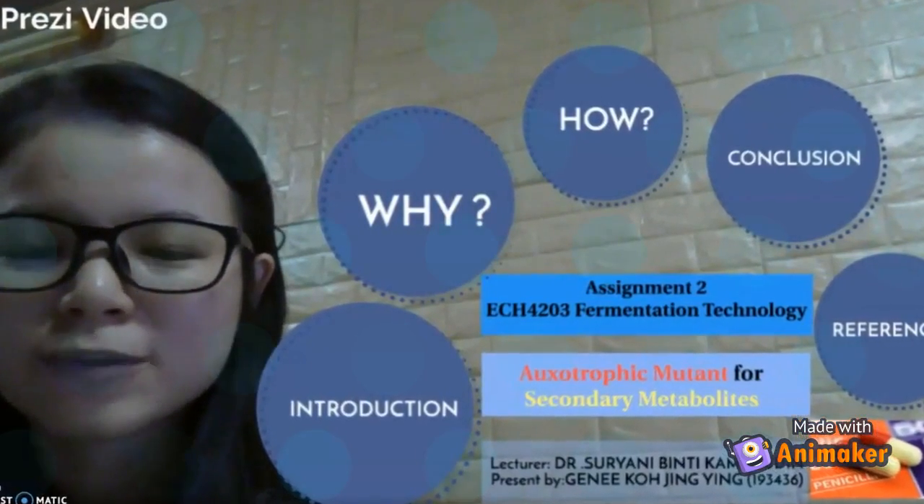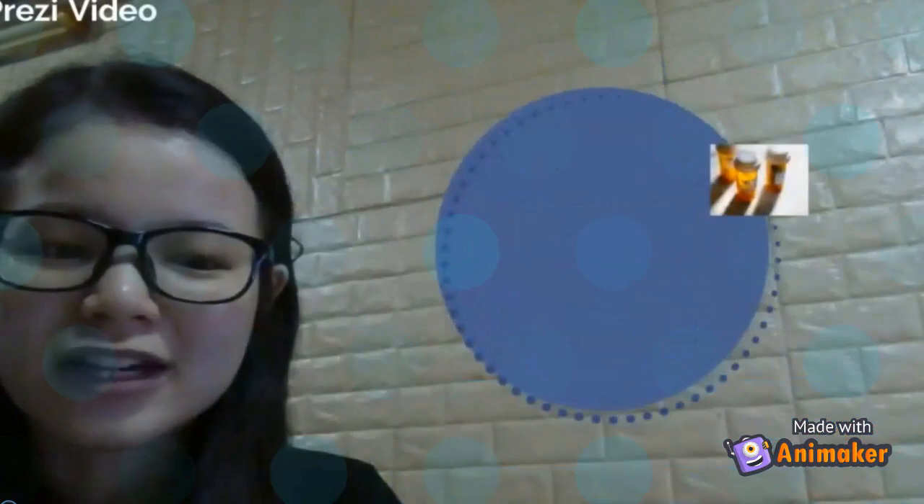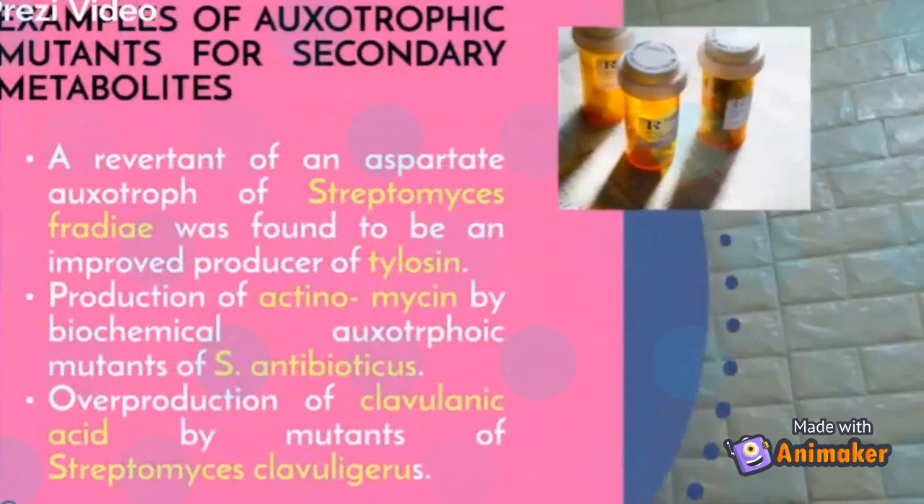Okay, next I'm going to discuss how the auxotrophic mutants are involved in producing secondary metabolites. So these are all the examples involving auxotrophic mutants for producing secondary metabolites. For example, the use of Streptomyces as auxotrophic mutants to produce tylosin. The second example is the production of actinomycin by using Streptomyces antibioticus as auxotrophic mutants. And the next example is the overproduction of clavulanic acid by using Streptomyces clavuligerus as an auxotrophic